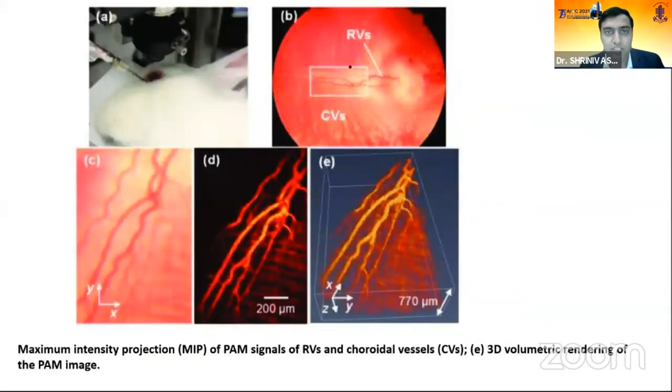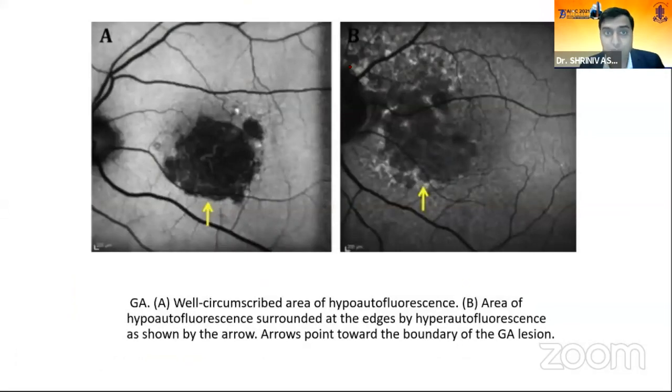Now coming to what is important, the autofluorescence. Postgraduates definitely need to know it, because you can see the geographical atrophy here. Whenever there is increased lipofuscin, it indicates that the cell is aging and dying. So autofluorescence basically tries to detect where there is lipofuscin. Here you can see a case of geographical atrophy where there is RPE cell loss. If there is an atrophy, it shows hypoautofluorescence, whereas at the edges you can still see increased autofluorescence.